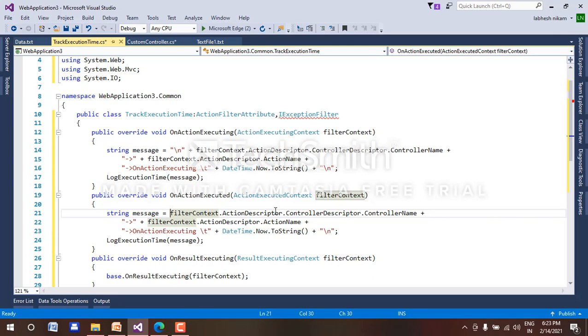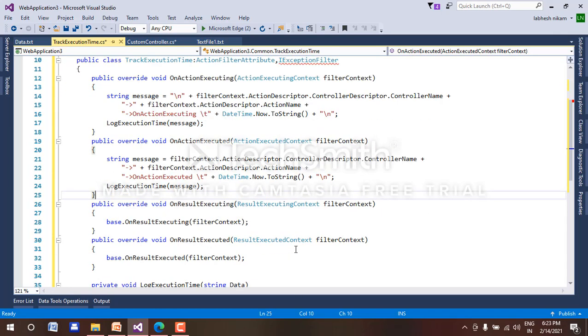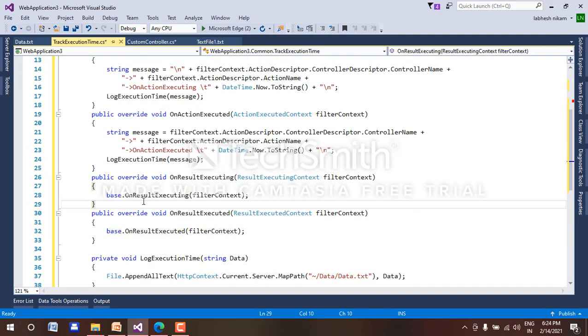Here also executed. Also this controller name is okay, action name okay, on executed. We will change the word to executed, datetime dot now dot to string, and this log execution time message. So it will display the log execution time message.